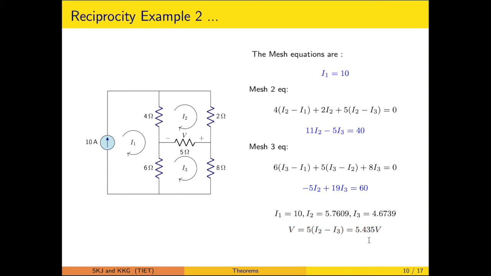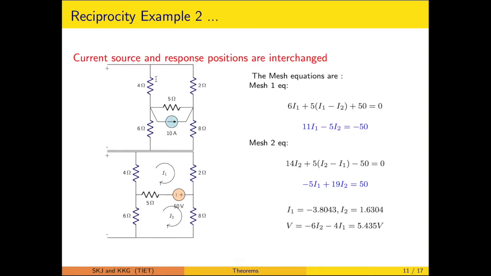Now we are exchanging the position, so the current source has to be in parallel. This has to be the terminals through which the voltage is to be measured. So this is the situation. Here the current source is now injected into this and the voltage is observed across this. It was a current source, so that is removed. So now it is an open circuit likewise.